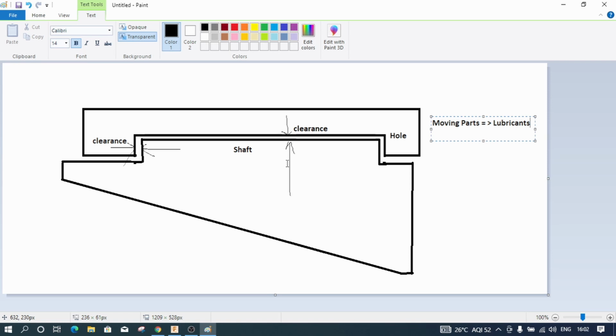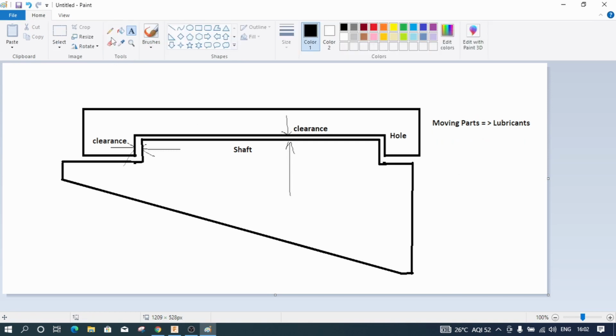Press fit is a type of interference joint. That means the clearance is absolutely zero, or you can say the clearance is also sometimes negative. So in the last video, I have drawn an object like this, and I told you that if you need a particular part, you can make joints in this particular fashion.